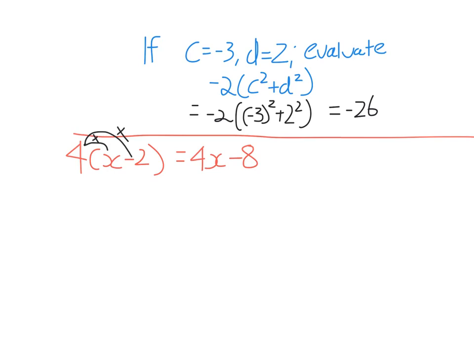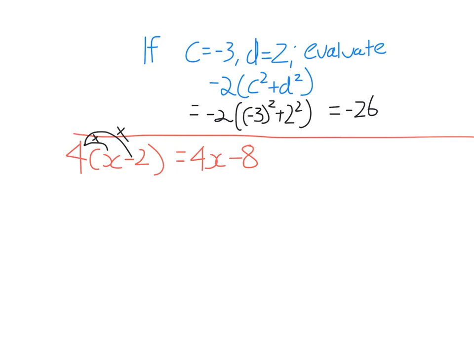Now this one can't be simplified any further because 4x is a term, minus 8 is a term. They are not like terms. You can only add or subtract terms if they're like terms. But you can see we multiplied fine. We can still multiply 4 and x even though they're not like terms. You can multiply and divide any terms you like, but you can only add or subtract them if they are